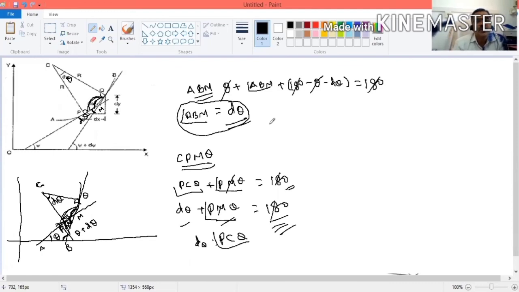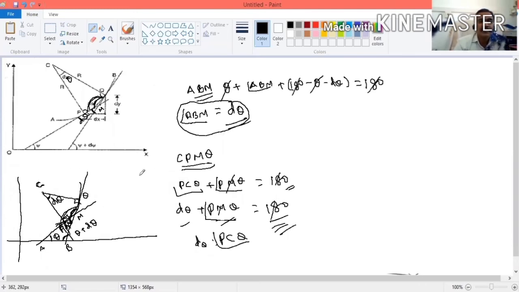So now my interest is to find the slope of this curve. For that slope, because P and Q are very, very small, you can consider it as a straight line. Now in this graph, this is P, this is Q. Vertical is dy. I'm drawing just like a triangle. This is dy, this is dx. So I want to find the slope of this curve. This angle is equal to theta.